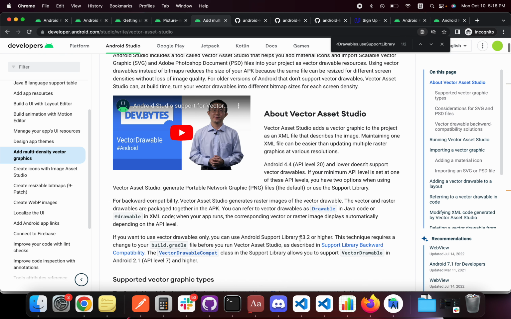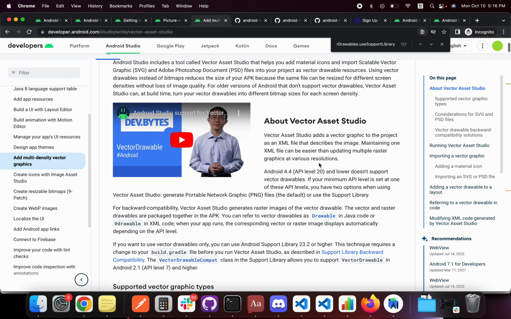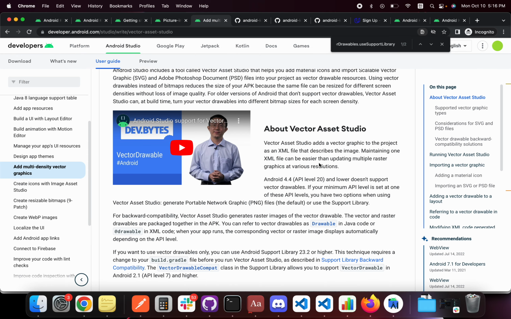About Vector Asset Studio: it adds a vector graphic to the project as an XML file that describes an image. Maintaining one XML file can be easier than updating multiple raster graphics at various resolutions. Android 4.4, API level 20 and lower doesn't support vector drawables. If your minimum API level is set at one of these API levels, you have two